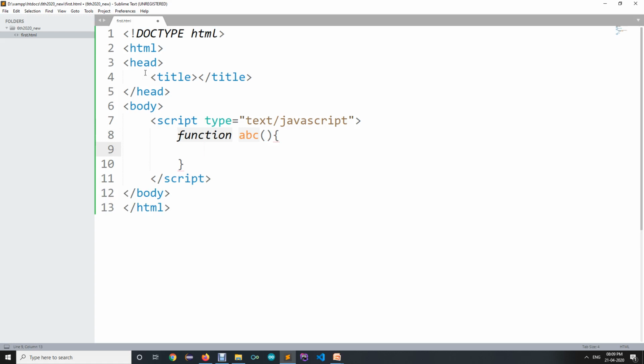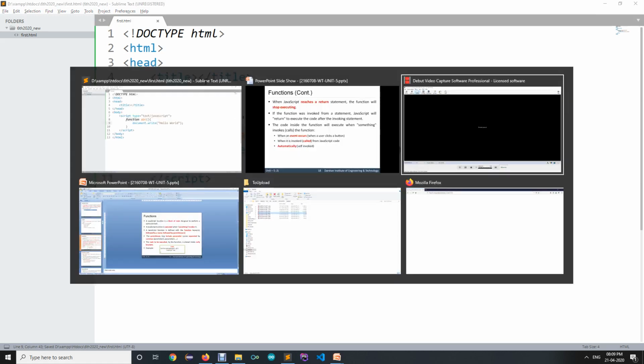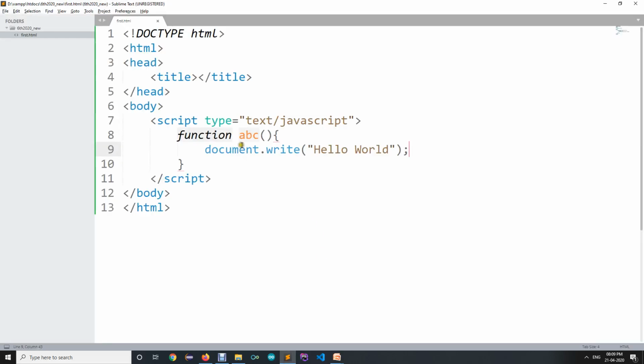Here I'm simply specifying document.write hello world. So when we run this particular file, as I already said, it won't print hello world. Why? Because the function needs to be invoked. Something must be there to invoke this function, otherwise it won't execute itself.